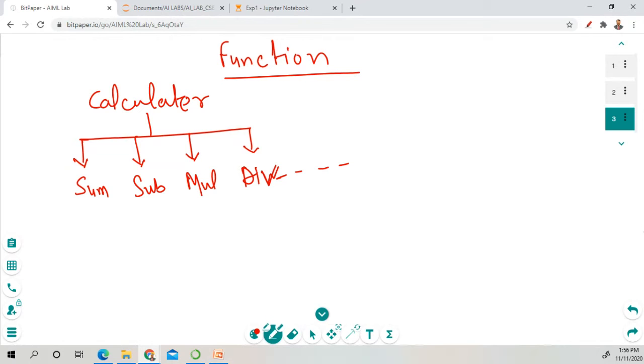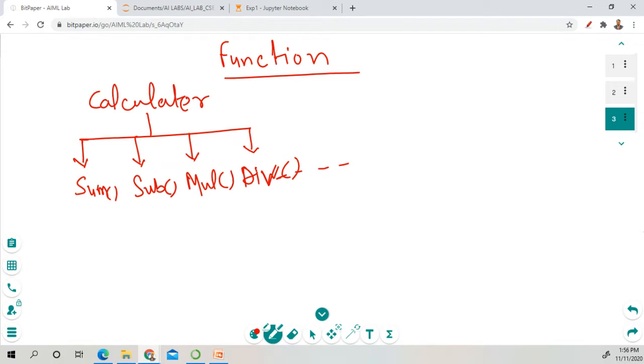So when you want to perform these operations, you have to create some functions. So you create a sum function, subtraction function, multiplication function, and a division function.